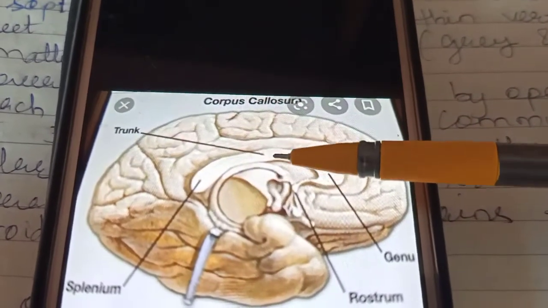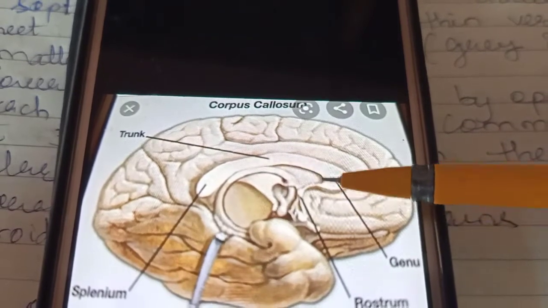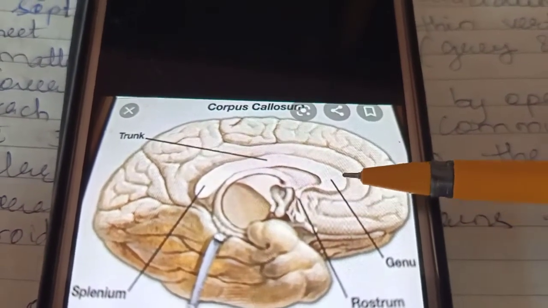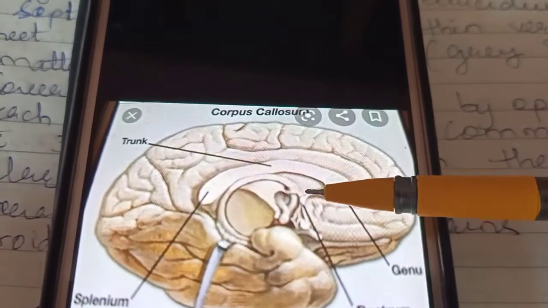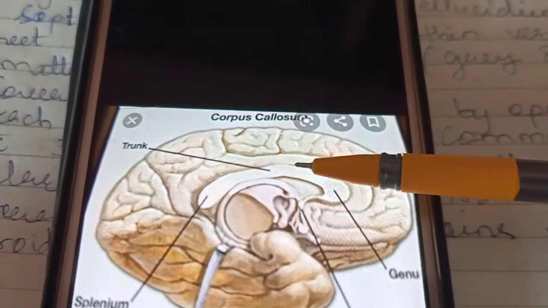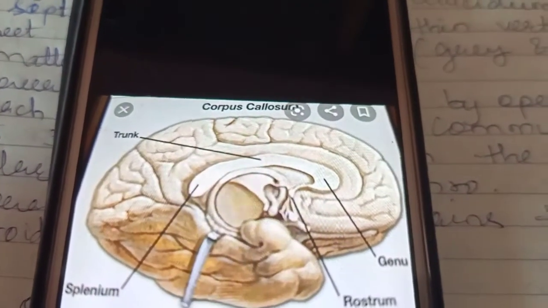See, if you imagine, this is the interventricular foramen. Here is the anterior horn, this much. Anteriorly it has the genu of the corpus callosum. And we take the roof; the roof is by the body or the trunk of the corpus callosum. So that forms the roof of the anterior horn of the lateral ventricle.